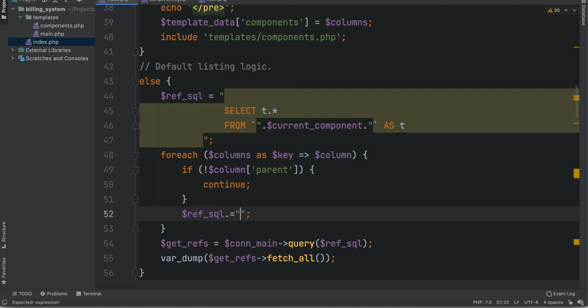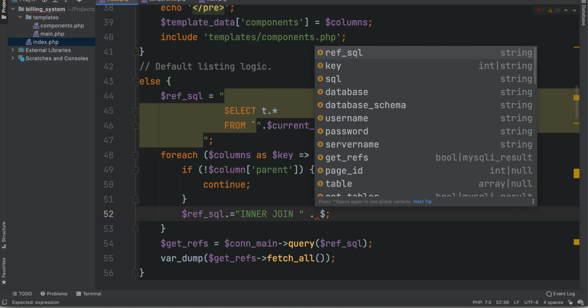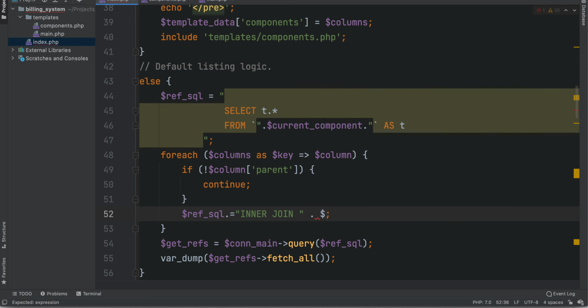So it's equal to the inner, a new line, inner join, and we join the parent in the column parent. Yes, where on